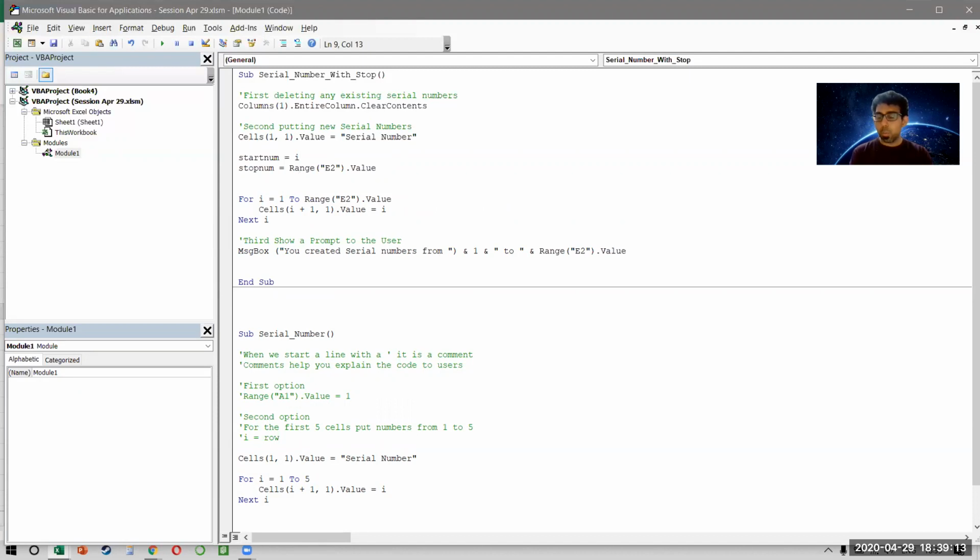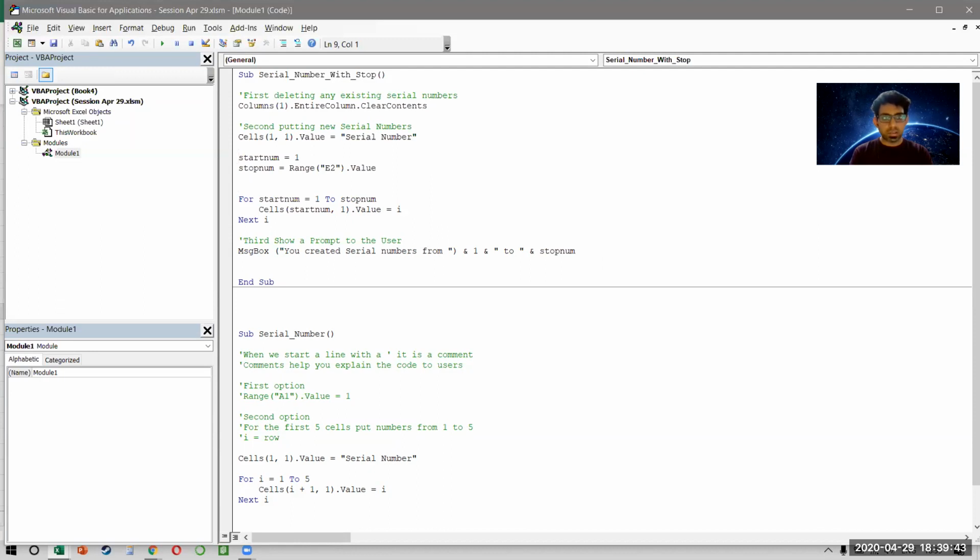right? But what is I here? I doesn't mean anything, right? So I want this not to be I, because I doesn't really make a lot of sense. We can say start num to stop num. And do you see how much better the code looks now? We can say this is start num, and we don't need this +1 and all. We can remove this, and this becomes my stop num. So I'll give you time to look at the code, but I just wanted to show how nicely this works.